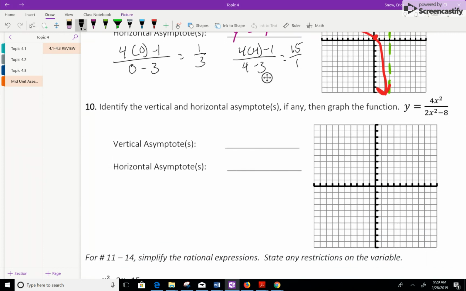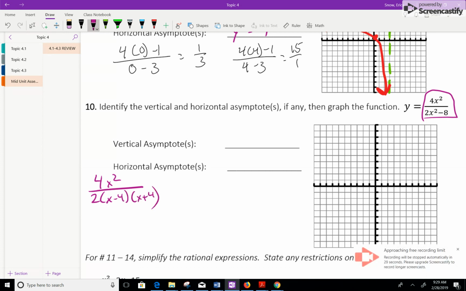Now for number 10, we need to factor this first because it is not in factored form. So we're going to have 4x squared over 2 times x minus 4 times x plus 4. And so that means that our vertical asymptotes are going to be at x equals 4 and x equals negative 4. And our horizontal asymptote, because these are the same power, is 4 over 2, or 2, so y equals 2. And I'm going to draw these on here, and then we will determine where our graphs go in the next video. So here's a horizontal